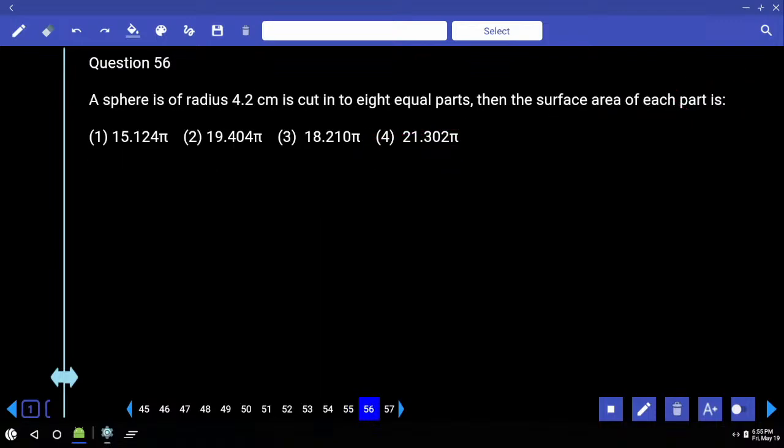A sphere of radius 4.2 centimeters is cut into 8 equal parts, then the surface area of each part is? If a sphere is cut into 8 equal parts, then